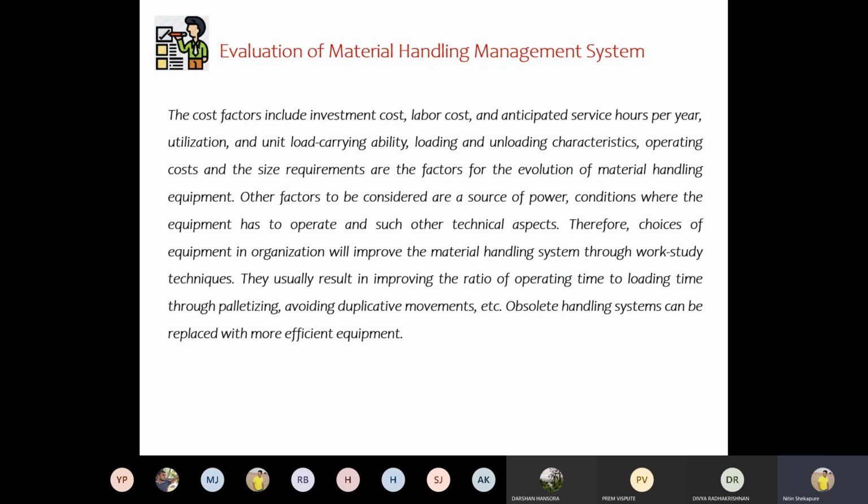Because there is technology available nowadays, if you go to the smart industries, you come to know that they have started using robots also. Okay, that we will see, and that will get more clear when we see the different types of material handling equipment. So right now, shall I consider that some aspects of this paragraph are clear to you people? Yes, sir.